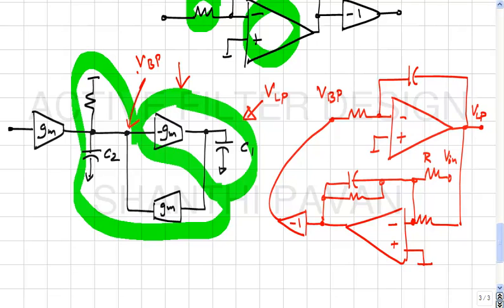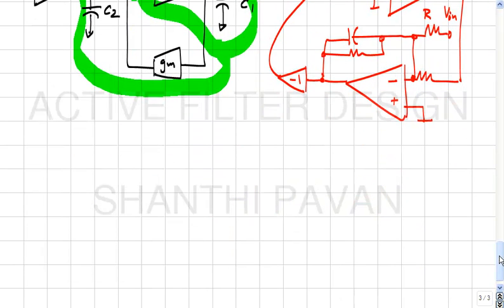Similarly, here the input is getting converted into a current through R and pushed into the RC parallel combination, correct. The voltage across the RC parallel combination, which is this voltage, is VBP, the inverted version of the band pass voltage. Does it make sense? This is simply a direct correspondence between this diagram and that diagram. Okay, so now if I draw this in textbook form,